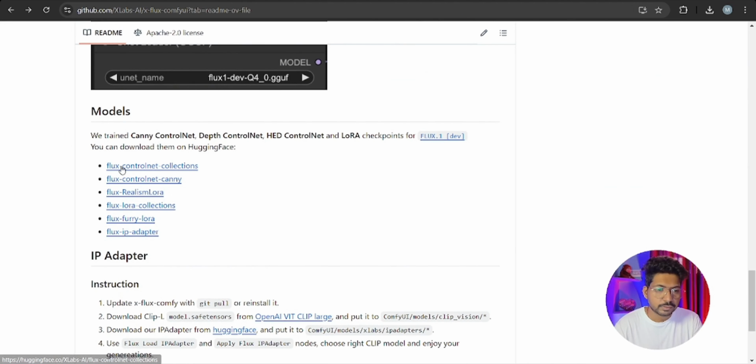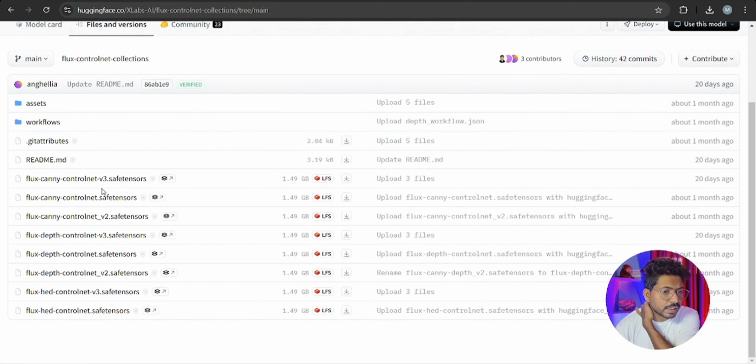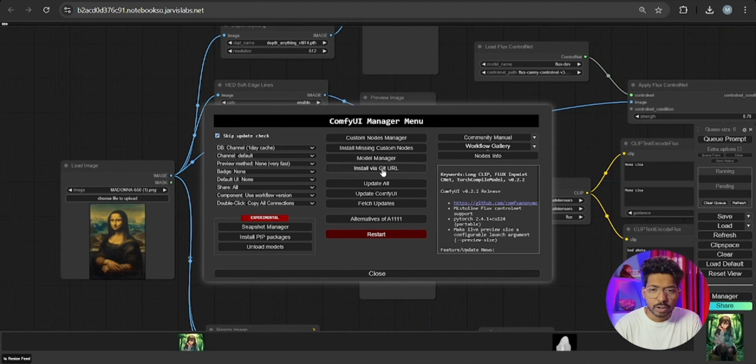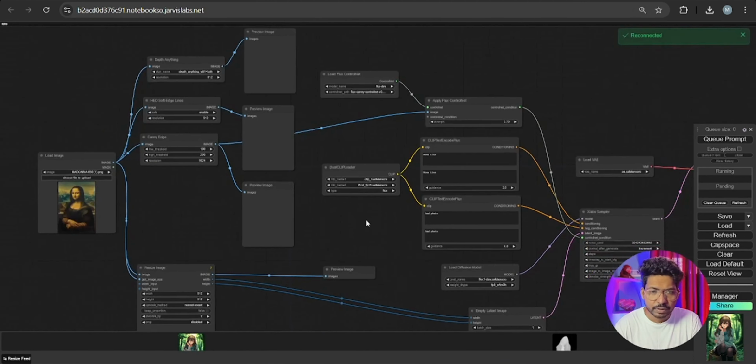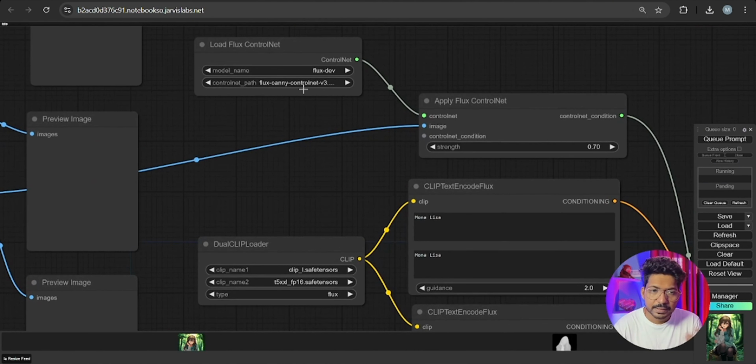For ControlNet, majorly we are talking about ControlNets here. For the Flux ControlNet collection, you need to click here or download the models from here. There are some version 3 models. For example, Canny version 3 is there, depth version 3 is there, and HED is version 3, which is soft edges. I will show in ComfyUI. The models you require, dev or schnell, you need to check according to your needs. Once you paste all the ControlNets in the Xlabs folder here,